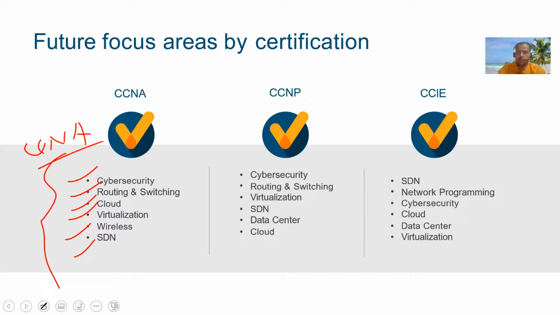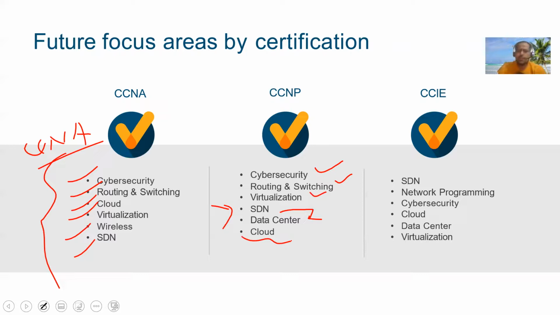But here you can see that if you are preparing for CCNP, you can go and check the cyber security section, route switch, virtualization, that will fall under CCNP data center, and SDN. Now SDN is a broad term because for LAN you have DNA, for WAN you have SD-WAN, for data center you have ACI. So SDN you have here in DC as well, but data center, again, it's a big area. And then finally you have cloud, and obviously Cisco supports cloud, but for cloud you have different big vendors as well, like Amazon, like Microsoft, etc.